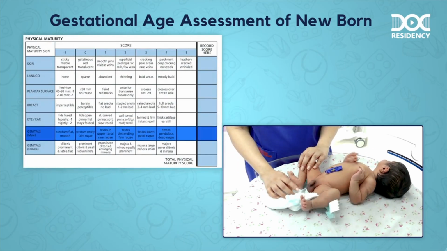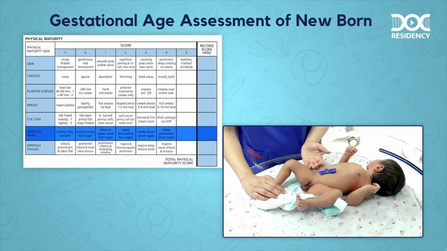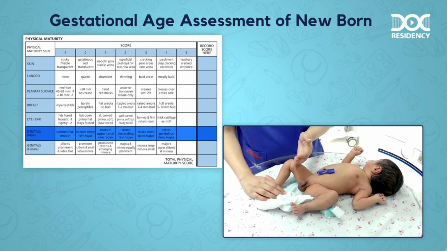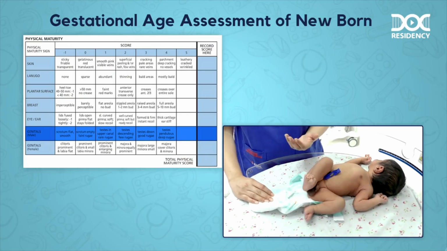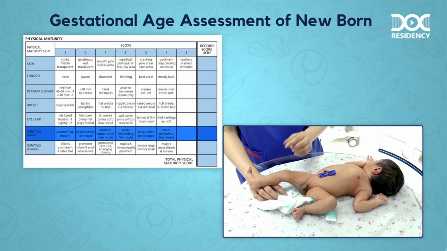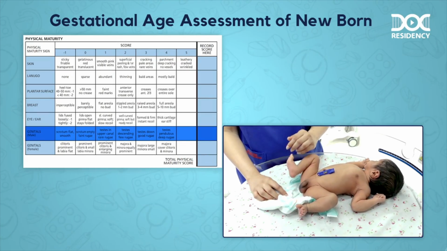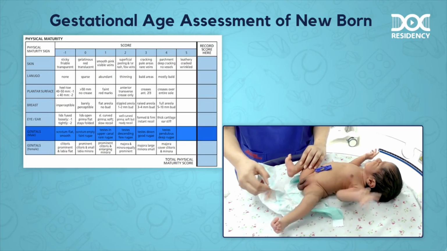The more mature the baby would be, both testes would be descended, whereas testes would be undescended in a preterm baby. Scrotal pigmentation and rugosity are also more well developed when the baby is more and more mature. So in a post-term baby, you may find a pendulous looking scrotum, both testes well descended into the sac with adequate rugosity as well as pigmentation.